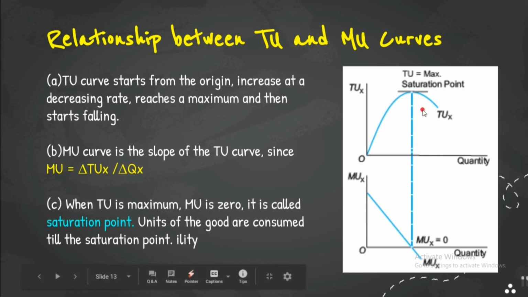It will be maximum, because beyond that you cannot increase your total utility. That is the maximum level of utility you can attain with this consumption process. That point we call the saturation point. And after that 6th unit of chocolate, what happens to the 7th and 8th unit? It becomes negative, right? -10 and -20. At that part, your total utility will be